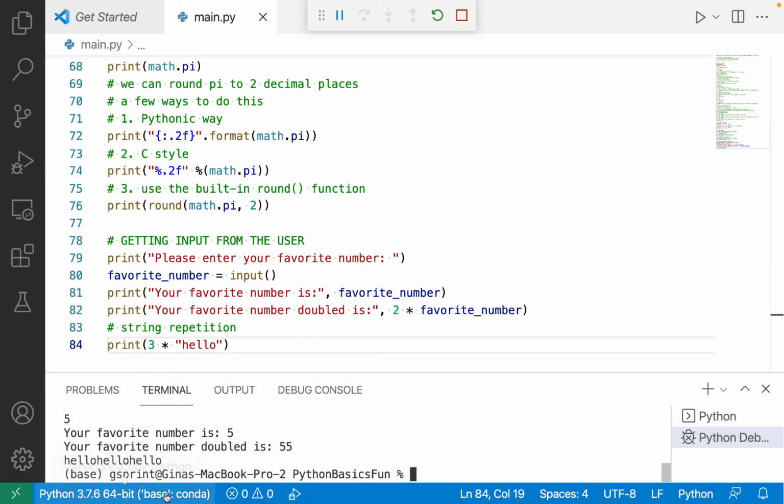This is going to give me hello 3 times. Kind of interesting, kind of fun. So how can I confirm this suspicion that I'm getting the string repetition operator here and I'm getting the character 5,